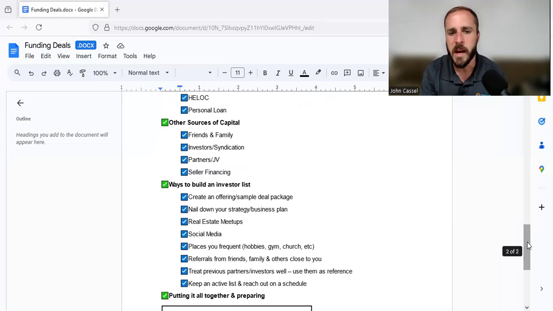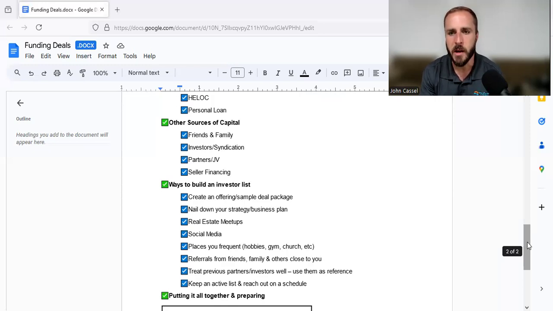But if you're going the investor route, there's a couple ways to do that. The first thing that you'll want to do is create an offering or sample deal package. So this even works if you're partnering. But find an example deal, like I said earlier, if you're looking maybe up to 6 units, maybe find a 6 unit deal, and basically put an example together of a business plan of what you would do to that,